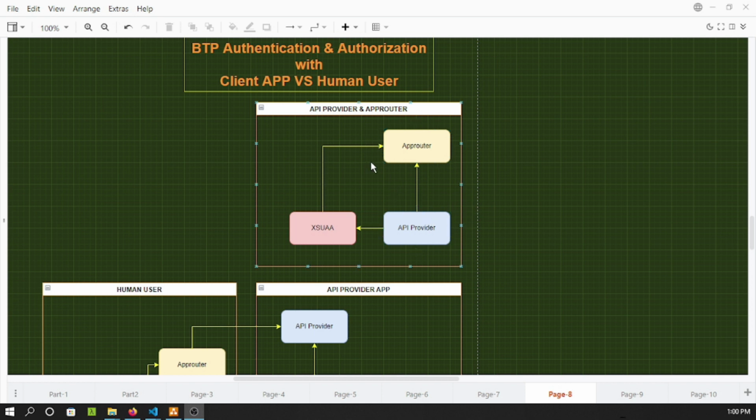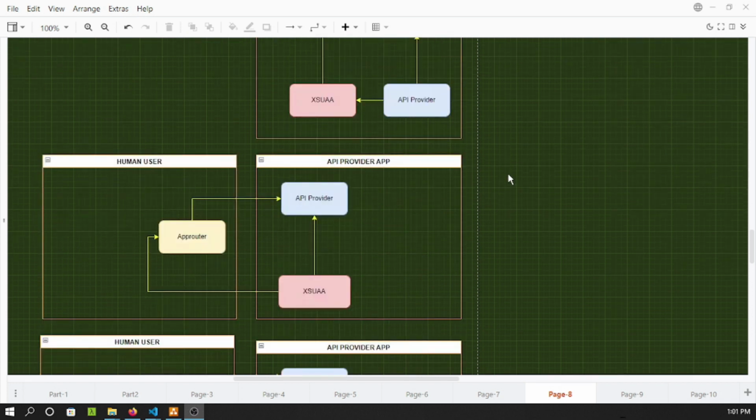In that project, we added the XSUAA service for both the app router as well as the API provider. Generally, an API provider should not have an app router linked to it, right? It's just an API provider. Whoever wants to call that endpoint can just call it, right? So let's think about taking out this app router from this project and achieving something similar. This is my API provider, where XSUAA is added, but we'll be creating a separate project